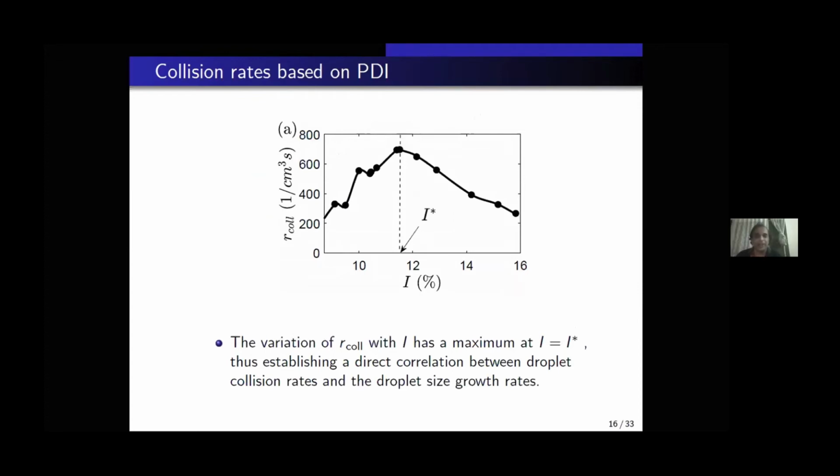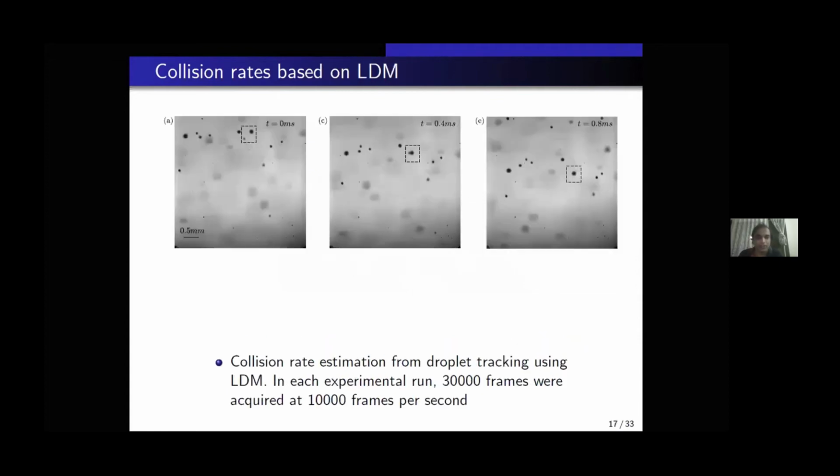So this is not theory versus experiments. This is just the trend in the experiments, and I just want to highlight that the experimentally estimated collision rates are following the same trend as the experimentally measured droplet size growth rates, as a function of the airflow turbulence intensity. So then an alternate way of measuring the droplet collisions was to painfully go through these individual images, look for droplet collision events, mark them down, and analyze this over